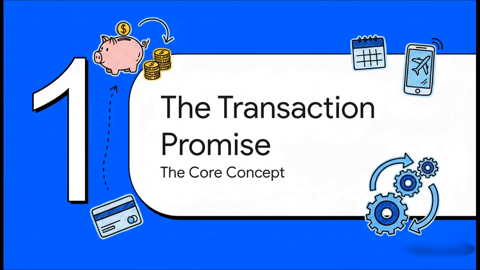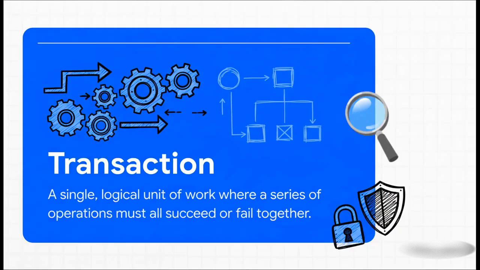All right, so let's really dive into this, because this one core idea underpins pretty much every single digital thing you do that involves changing data. Think about it. A bank transfer, booking a flight, buying a coffee, all of it. So here's the key. A transaction isn't just one single action. It's really a series of steps that are all bundled together. Like step 1, take money from my account, and step 2, put money in their account. The system treats that whole bundle as one single thing.